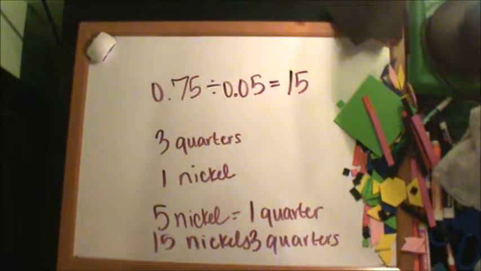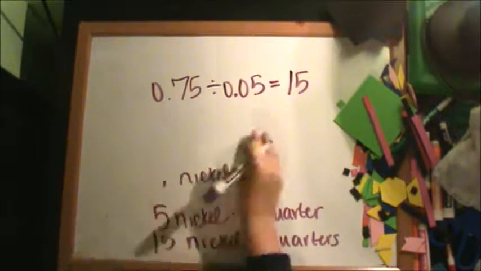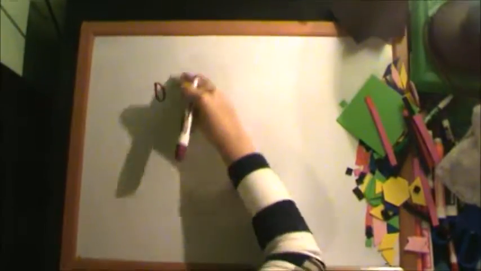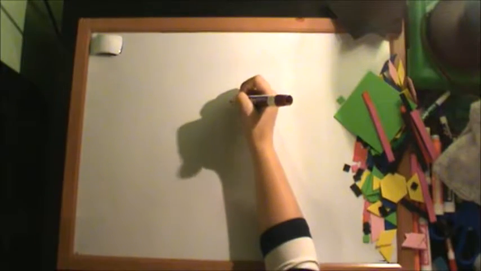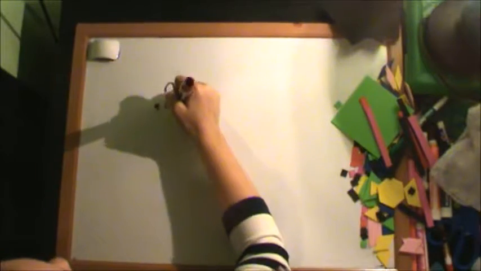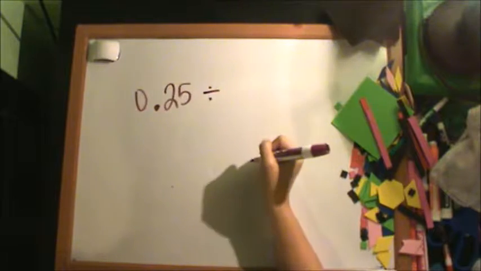Relating decimals to money really puts it in perspective. It gives it a context so that you can think about it much easier. Okay, let's see. Another invented strategy for division of decimals. Okay, so sometimes I like to change my decimals into fractions. So for example, if I'm given 25/100ths divided by,